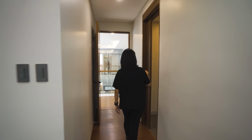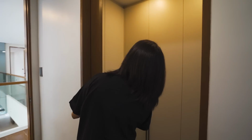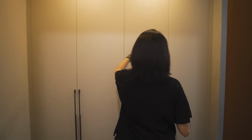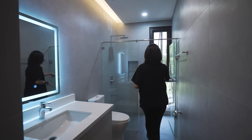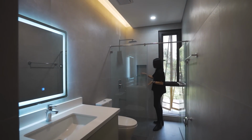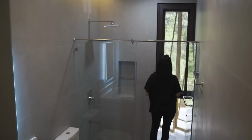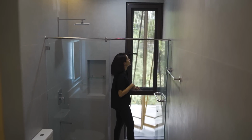Okay, so now over here, we have a pocket sliding door that leads to your walk-through closet. So all of this is wardrobe space. And your ensuite toilet and bath with your sink, your toilet, and then your enclosed shower space. You also have a nook here that's 2 layers. Make gas dito sa gitna. You have a window over here that you can open, and you also have an exhaust, so